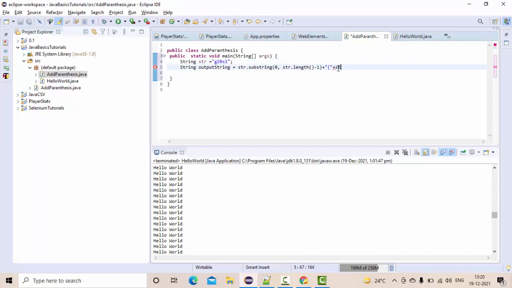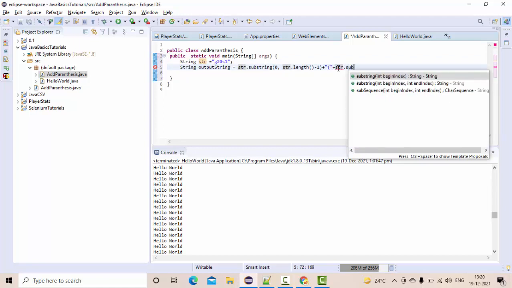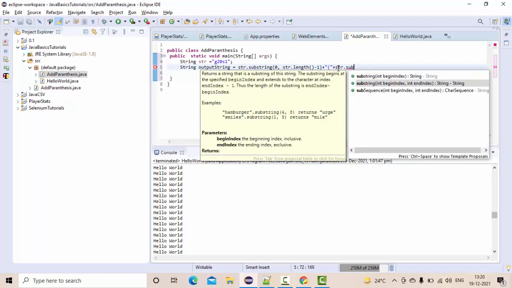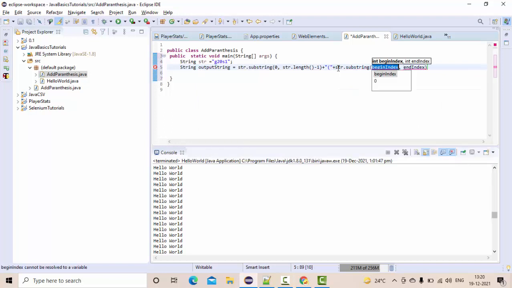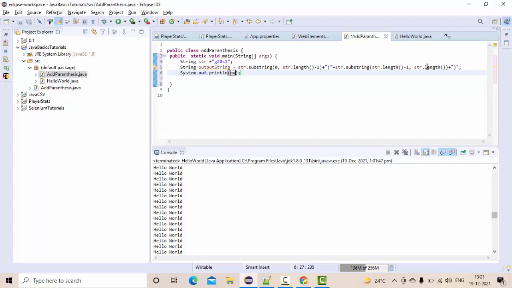Then the remaining part is something like this, substring again, and it is going to start from length -1 to the length, right? And here I'll add the closing parenthesis, and let's print this.